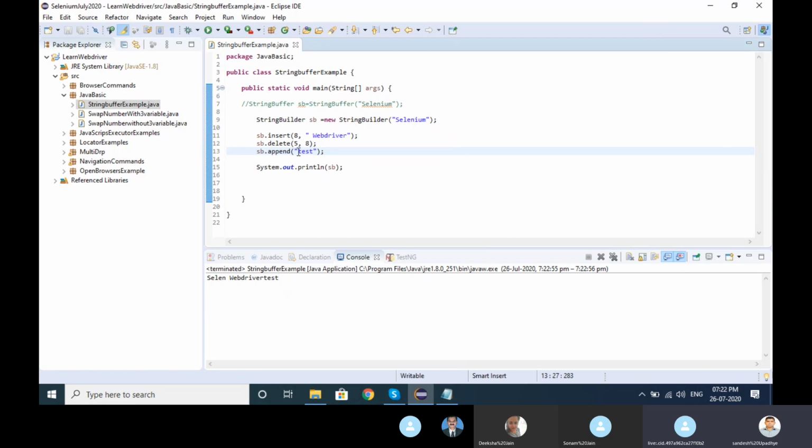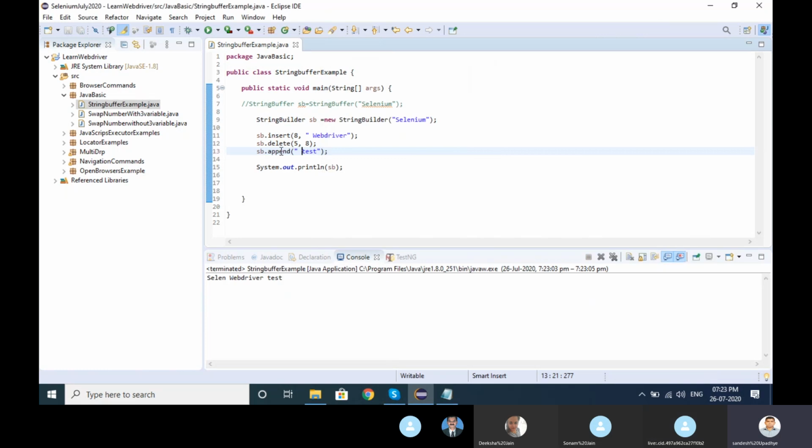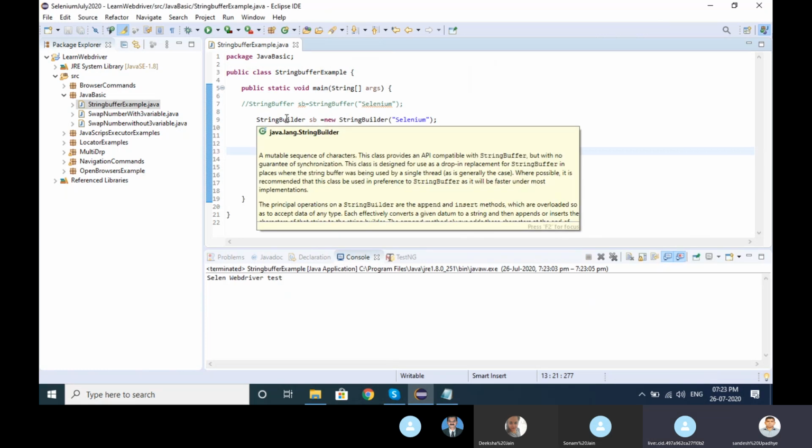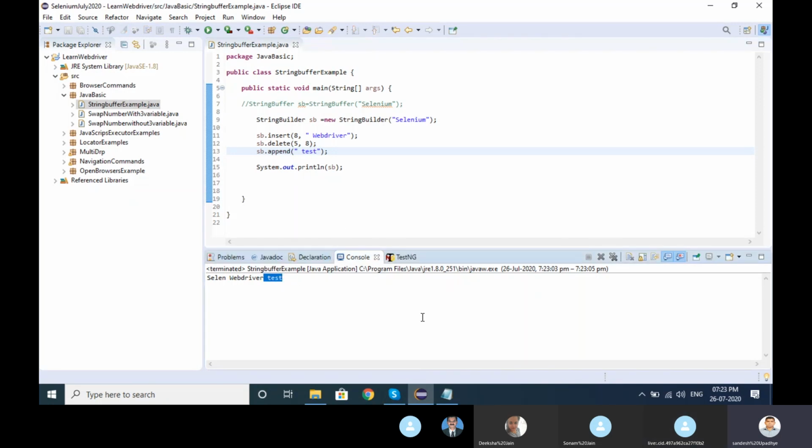Okay, let me put one space. Keep in mind these functions we require while working with Selenium. If we are using the string buffer class, then in the string buffer we can insert, we can delete, we can append. If we want to append, it's always appending at the end of whatever string we have.